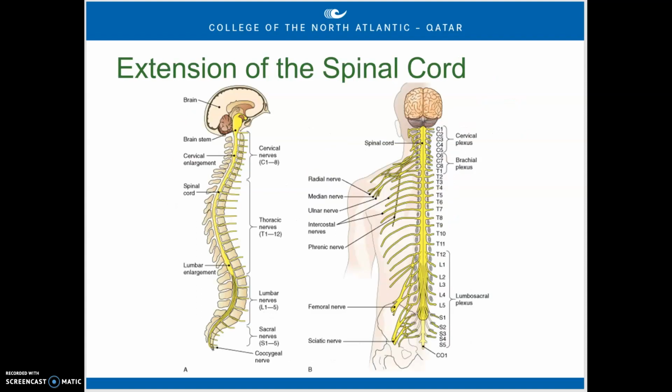So here's a brief look at the spinal cord and the spinal nerves. If you look down, they've removed the vertebrae so that you can see where the spinal cord passes. You can see it flows just like the spine, the natural curve in the spine. And you'll notice that from each one of those vertebrae, we talked about the cervical, the thoracic, the lumbar, and the coccygeal, or the sacral,